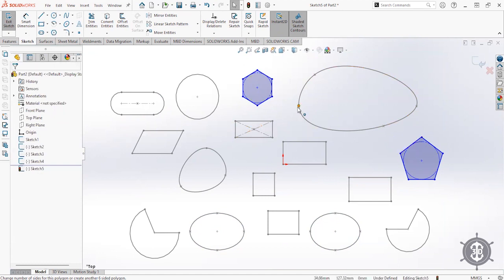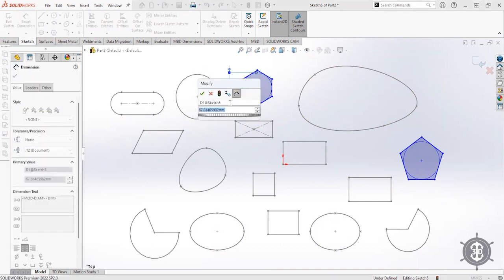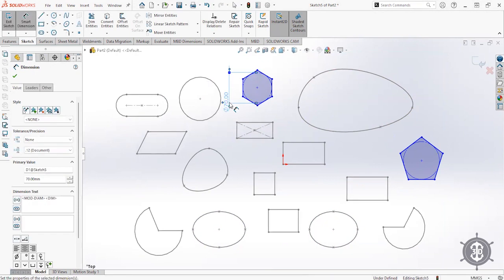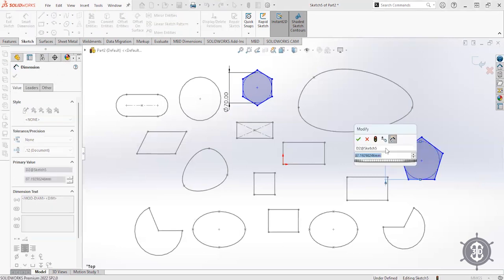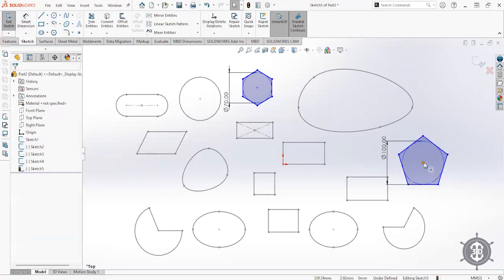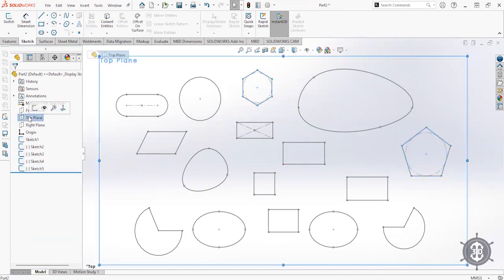Now we have a pentagon and a hexagon. Similarly, if I want to give a size to it, inscribed hexagon, inscribed pentagon, exit sketch, and top plane sketch,